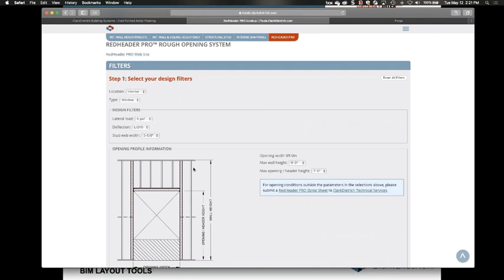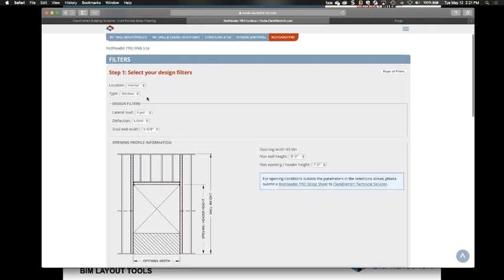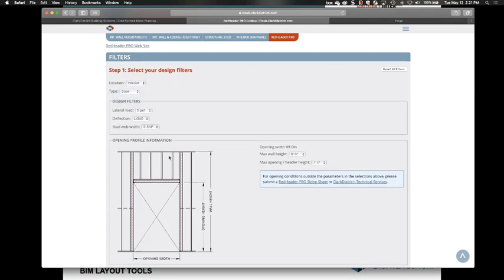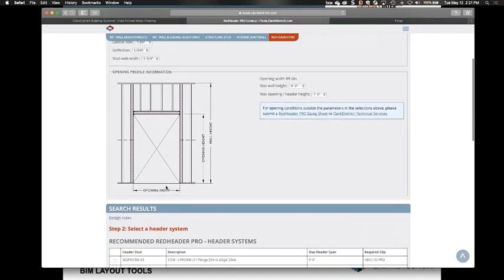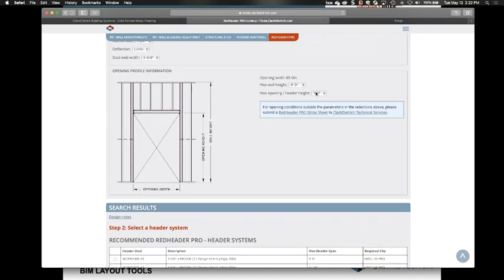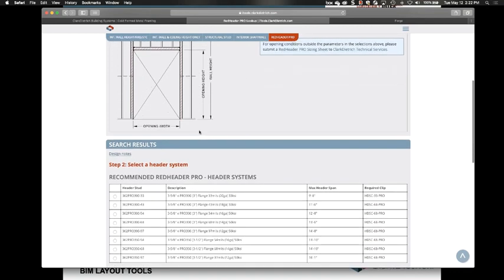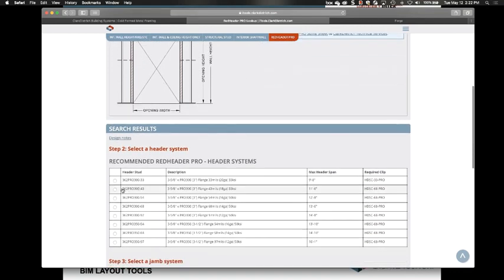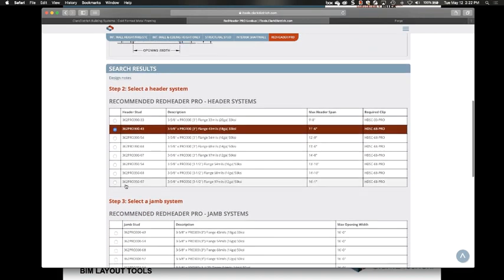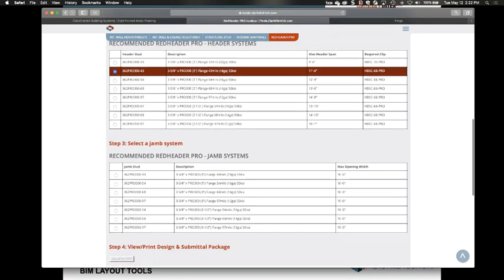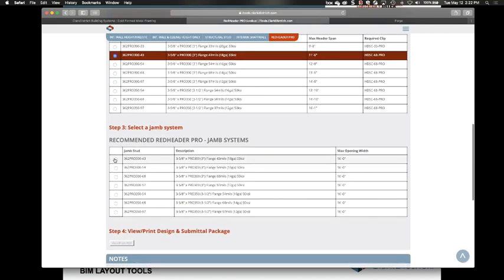Let's say we're doing an interior framing for a door, and you want to use our red headers product. You can actually figure out what kind of header and also what kind of jamb just by saying this is the height, this is the header clearance, and it'll give you some examples of what you want to use. We'll say we want to use a 3 5/8 system itself, 43 mils, 18 gauge, and the jamb we want to stay with the same material. This is a 3-inch flange red header,